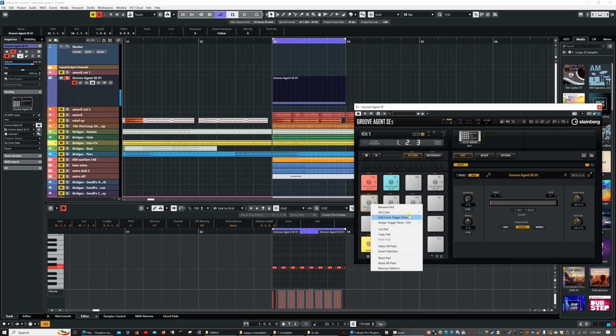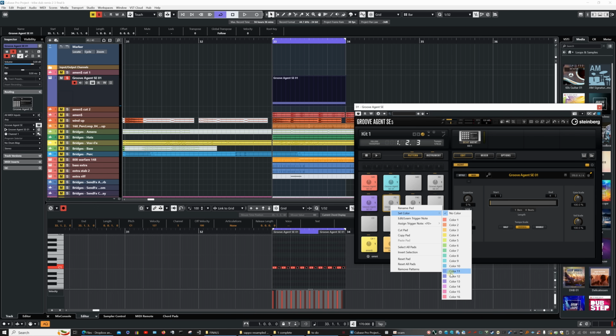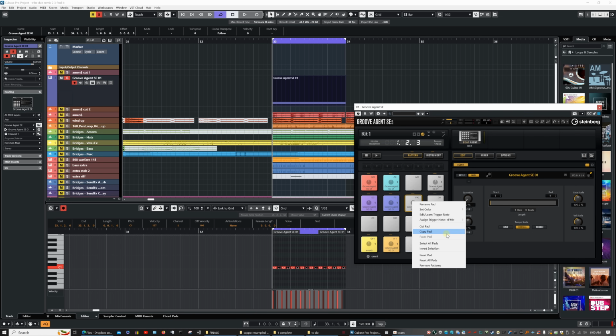And I'm going to colour the drum rolls, so we know that they are drum rolls, so they're going to be purple. We're going to go to set colour, purple, doesn't matter what kind of purple, you know what they are then. Different types maybe, different strengths of drum roll. And then we have